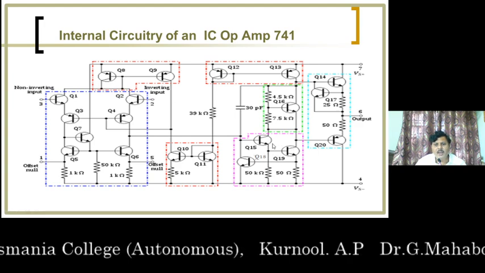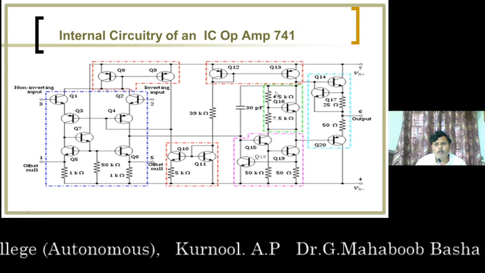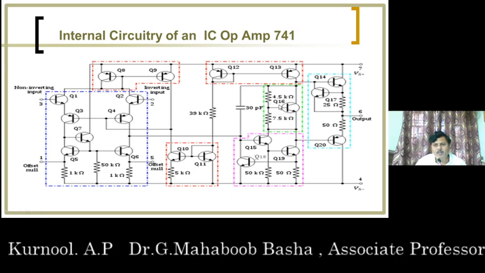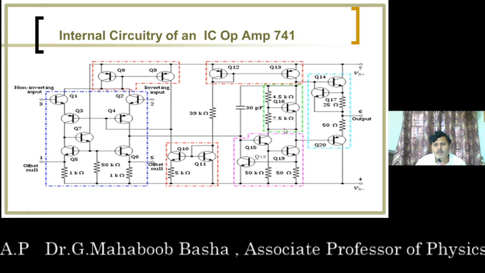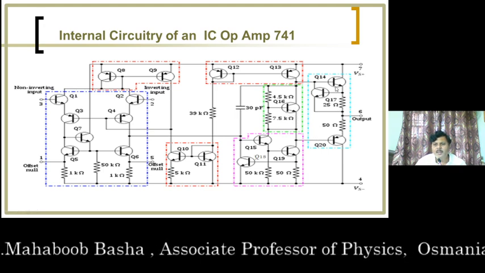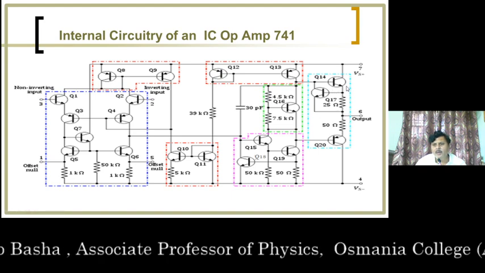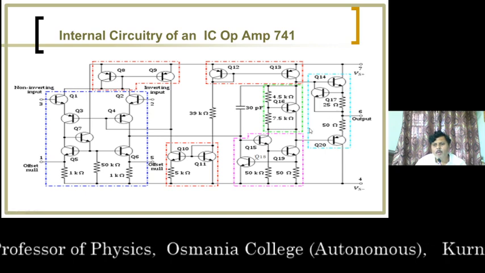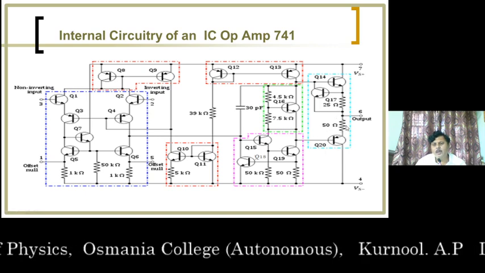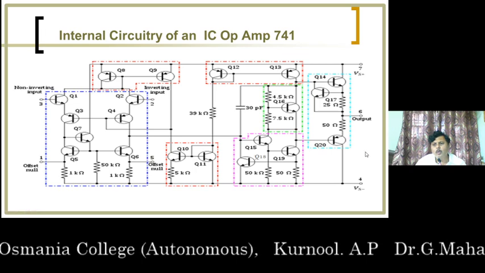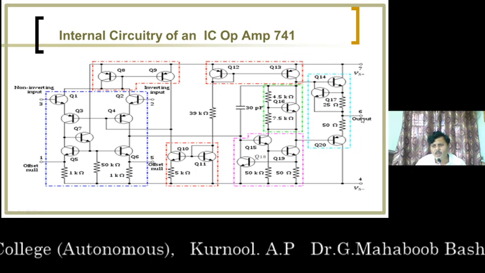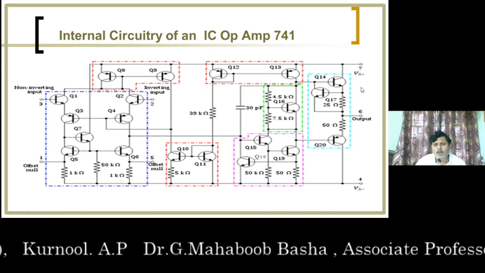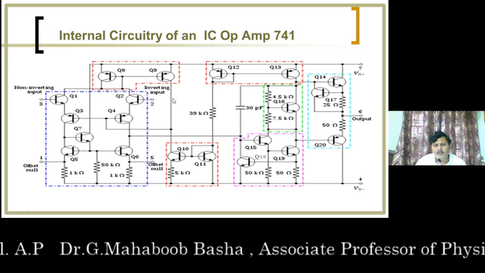The DC voltage is added, so the DC voltage is removed by the DC level shifter. Here, for the purpose of DC level shifting, transistor Q16 is used, and then it is fed back to the output stage where Q14 and Q20 form the complementary circuit as a power amplifier or emitter follower. It is also called emitter follower to have low output impedance, where 6 is the output terminal, 4 is the negative terminal and 7 is the positive terminal to bias these transistors.